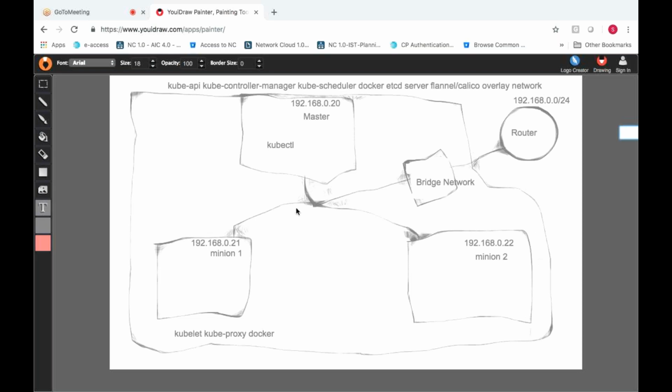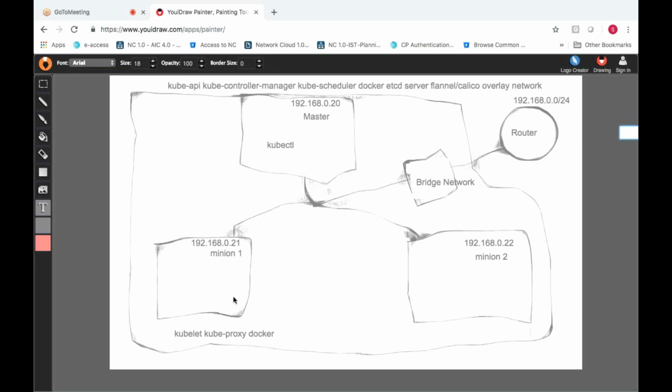So who will take the inputs? The first component which will take the inputs from the kube scheduler is kubelet. Only kubelet can talk to the kube API server or master node. This node can communicate to the master only through kubelet. If kubelet is not installed, it cannot communicate to the master.